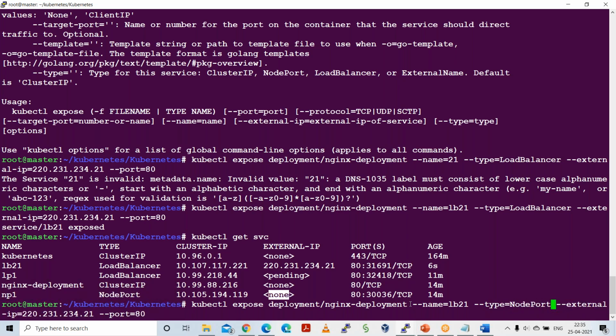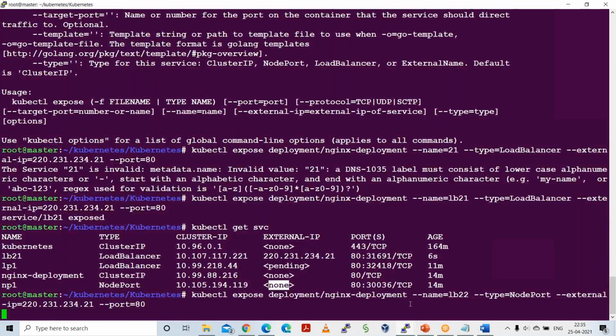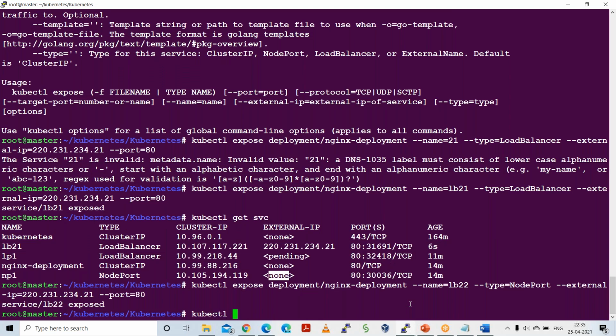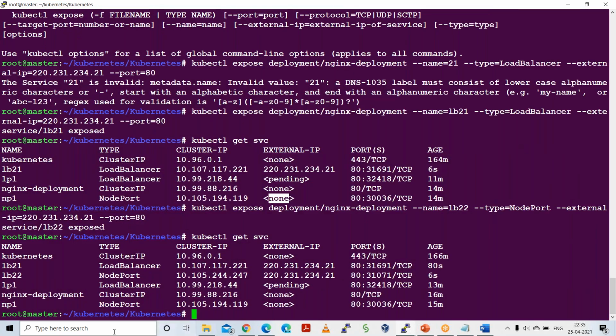Name also we have to change, right? It is exposed. kubectl get svc. Yeah, this one is right. Yeah, it is showing. It is giving the external IP address. So now in this case, node port becomes your load balancer kind of stuff, right? Yeah, now the question was actually